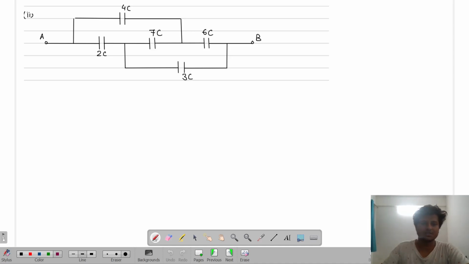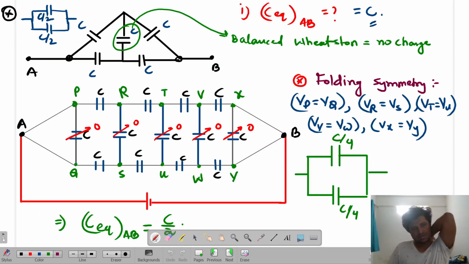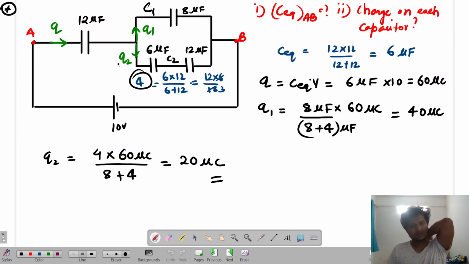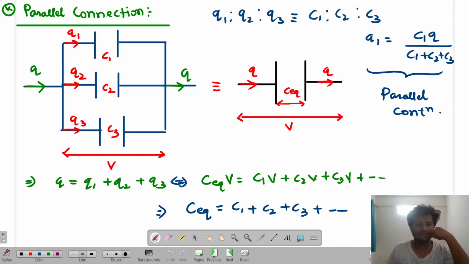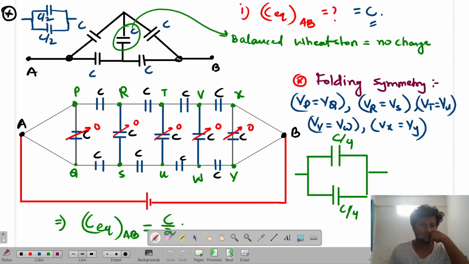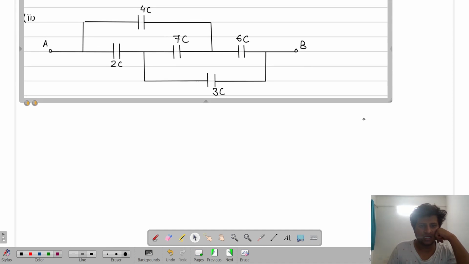Okay, so let us start this topic. Correct or not? We completed till over here. We completed the loop rule. We completed the parallel and series part, and how the battery is connected with resistors, parallel connection, also series connection, isn't it?